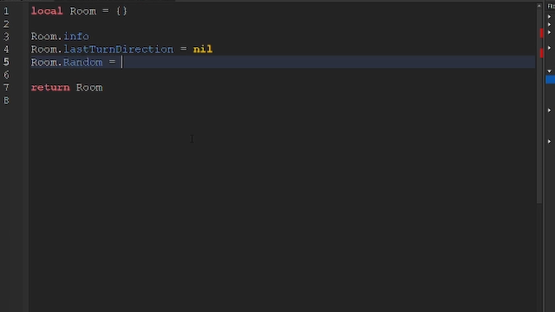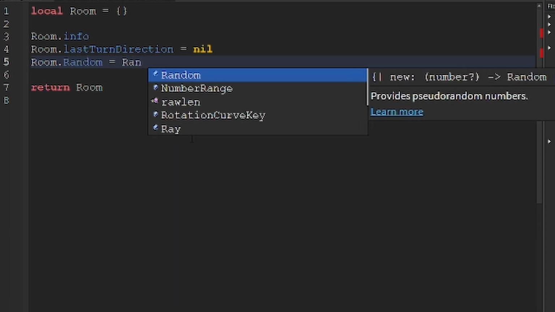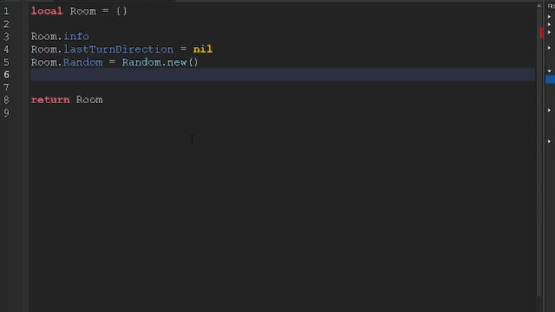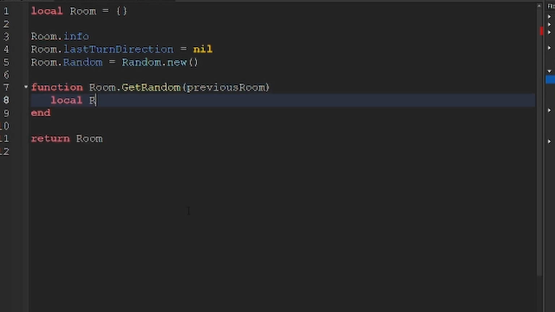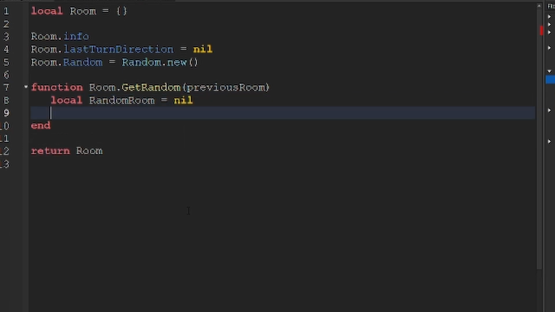room.random, this is going to be how we choose the random room. I'm just going to do random.new. Okay, so now function room.getRandom, we're going to get a random room, and we need the previous room as well. Here we're going to do local random room, and we're just going to set it to nil. And then we're going to do local direction, it's going to be equal to